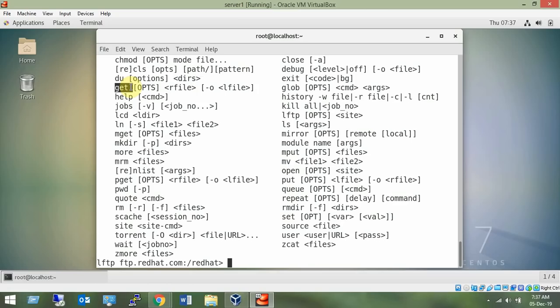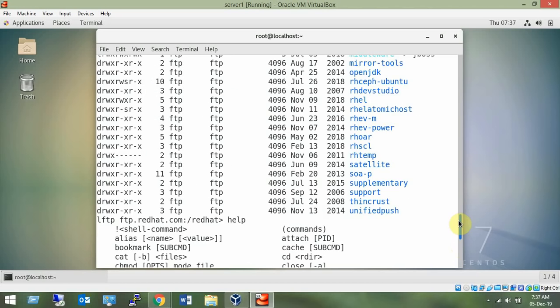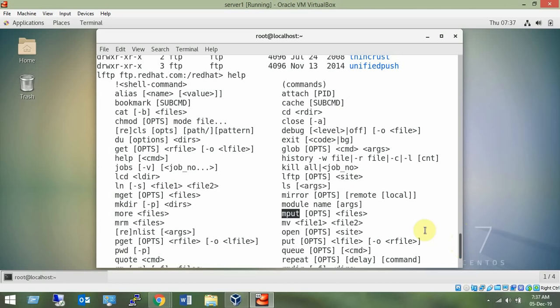So get and put, and for multiple put, mput. If you want to send multiple files to the server, you use mput. Same way we have mget also, to get multiple files from the remote location. So sending files, multiple or single, is done through the FTP server. cd is change directory, but not locally, remember, on the remote server. The cat command displays the content of a file from the remote server.